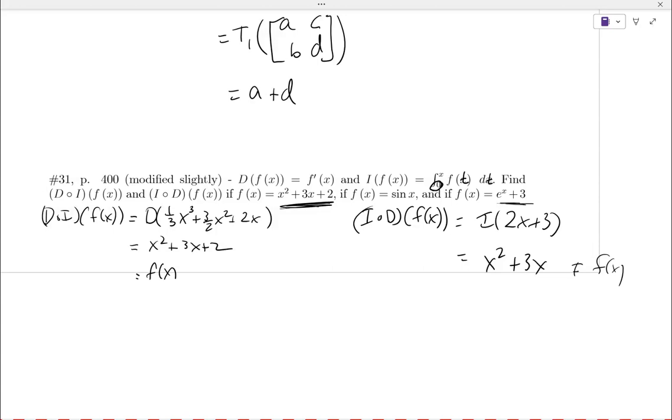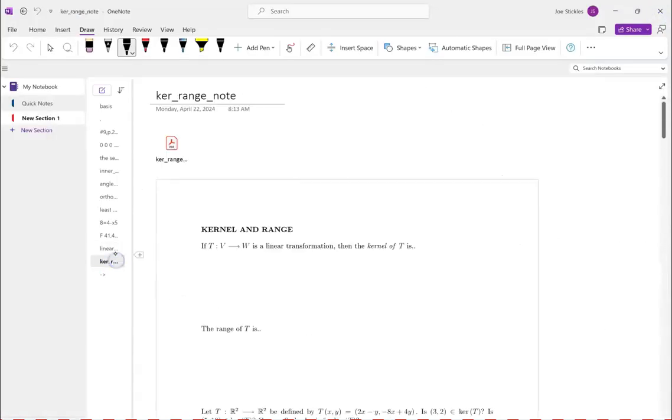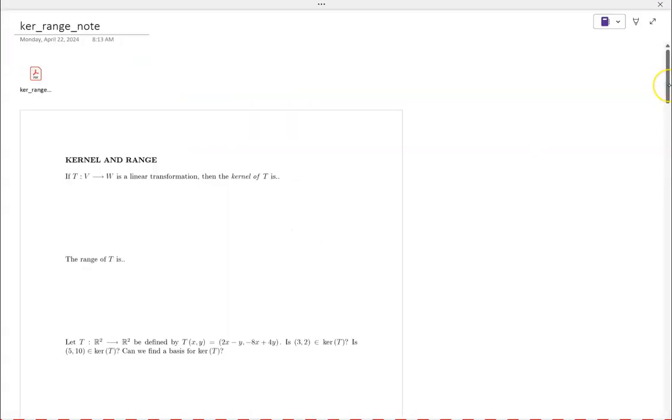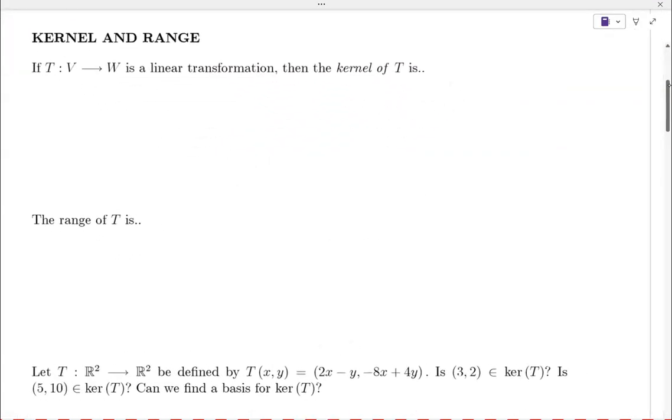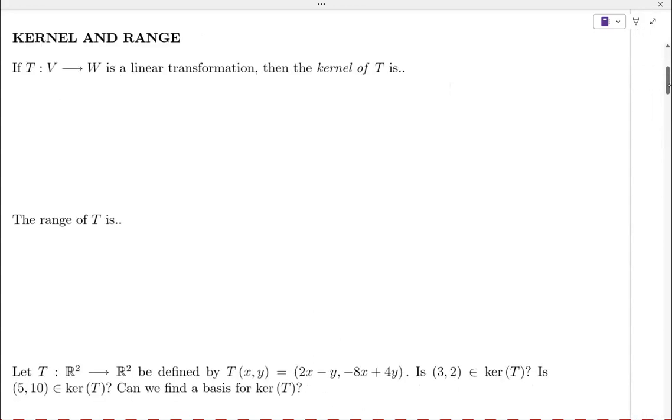Several years ago, I had a student, every time I say the word kernel, he would laugh. I'm guessing he was thinking about Kentucky Fried Chicken. I don't know why. But every time I would say kernel, it was laughter. And we talk about kernel not only in linear algebra, we also talk about it in abstract algebra, and handy for both classes. So there was a lot of laughter. So, in any event,